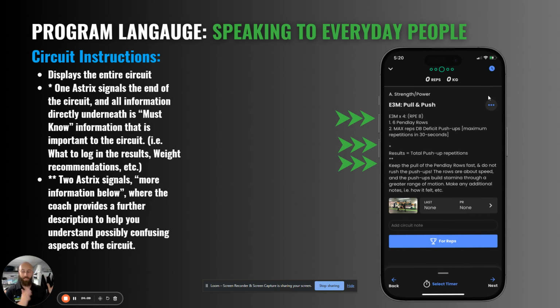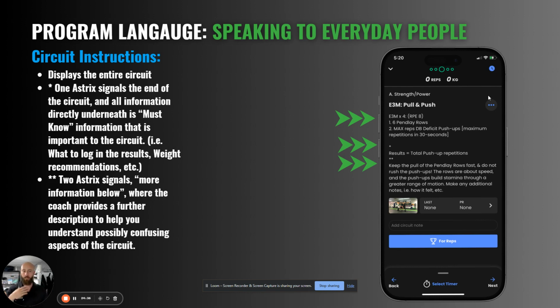All right. RPE 8, RPE is rate of perceived exertion. So imagining 1 being, this is really easy, I don't feel like I'm doing anything. 10 being, I feel like I'm about to die, this is the hardest possible thing that I can bear. You want this to be at about an 8 RPE. So by the end of completing this, I want you to feel like, yeah, that's about an 8 out of 10. That's what RPE means, all right?